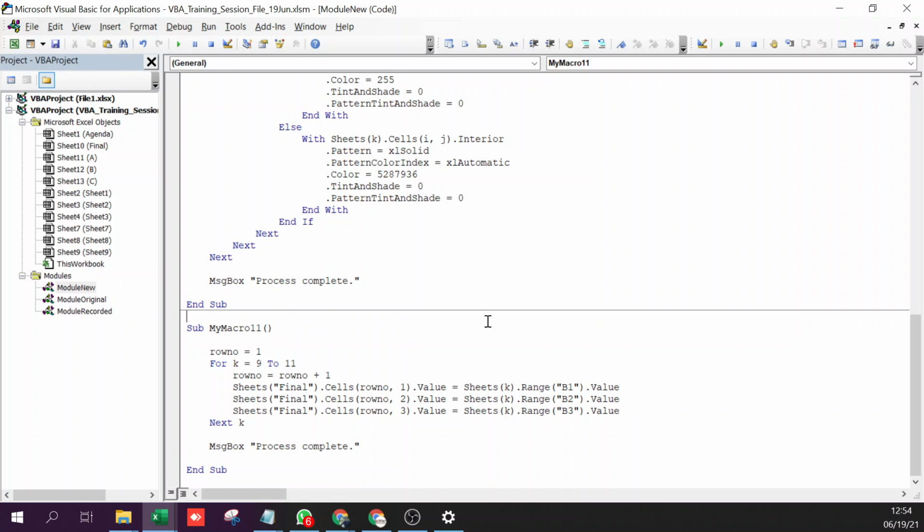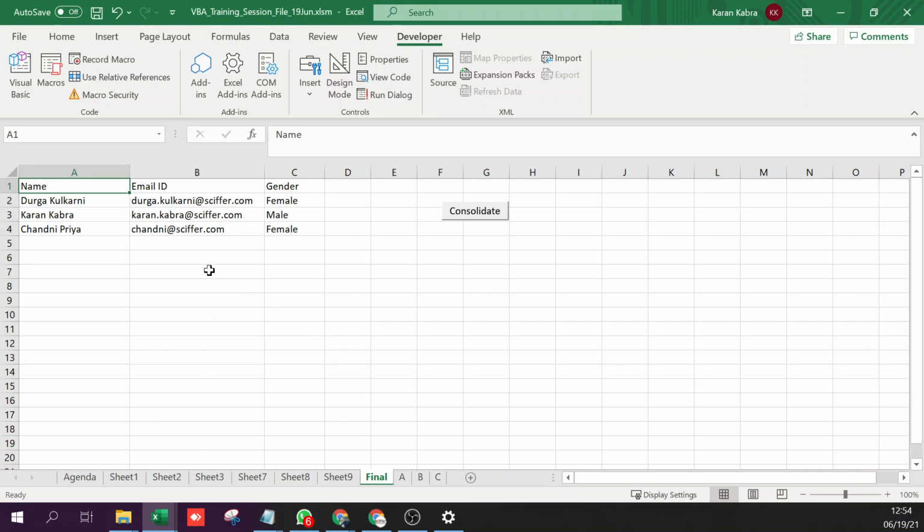I had to make sure that you guys are able to understand the basics, so how to write some basic code, but at the same time, I think you can now write a code where you have to get consolidated data from multiple sheets. You have to create multiple sheets and put data in those. I think those kind of things now you'll be able to solve with today's session.